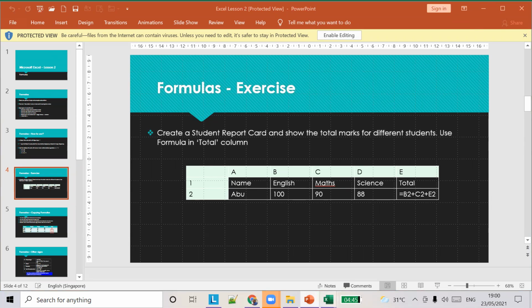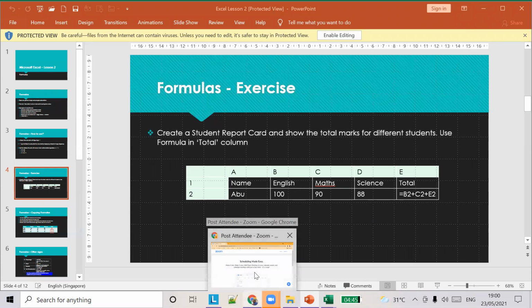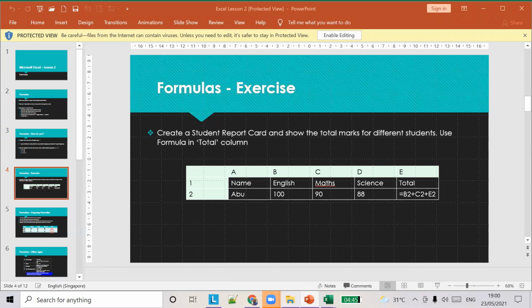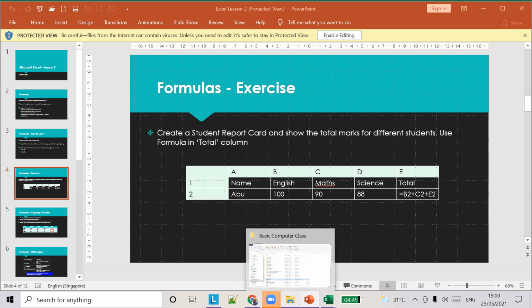So Ankavin, how is it going? I sent it to you. I saved it. You have sent it to my WhatsApp? Okay, sir.